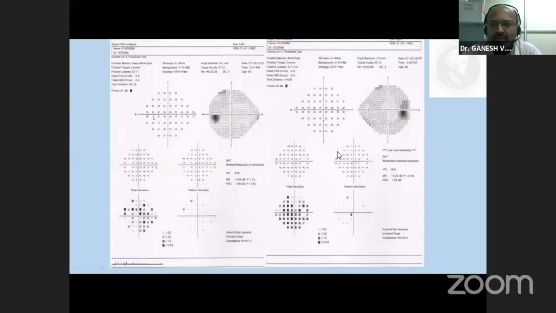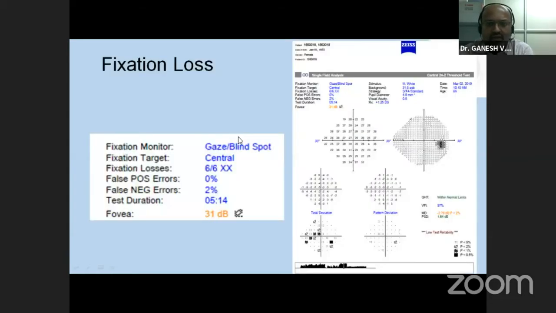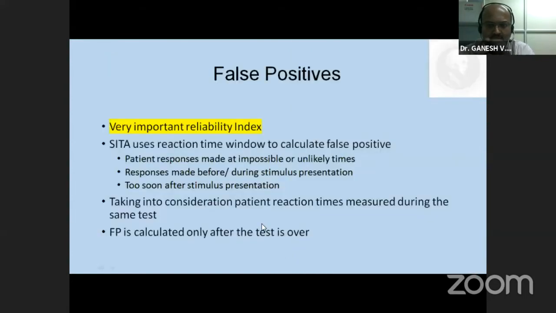For example, here you have a patient who has done a visual field and you have high fixation losses, 4 out of 11. So it has been flagged. This also shows as low test reliability. And this is the right eye the patient has done. Once he does the left eye, you find that he has shown an improvement in the visual field. This is also because of the learning effect which the patient will have. Again, showing here, the fixation losses are very high, 6 out of 6, and you can see the patient has been roving his eyes all around. You can look at the gaze tracker.